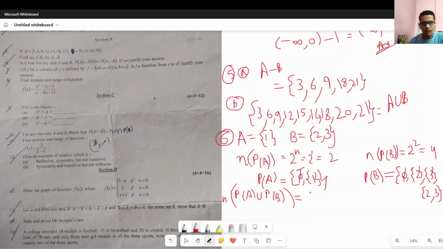Okay, so it will be 1, 2, 3, 4, and 5. So the number of elements in power set of A union power set of B will be 5, and then